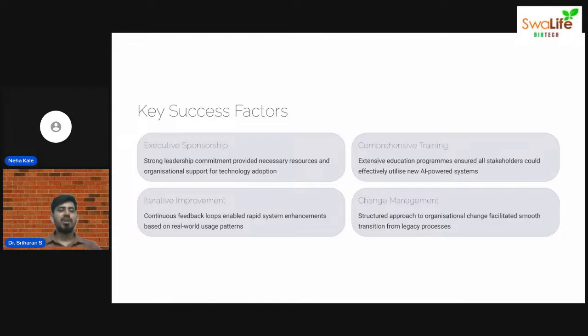And iterative improvement is nothing but refining again and again. We refine, get feedback from the expert committee, and change according to their feedback. Likewise, iterative improvement is very important. Change management is nothing but operational changes, SOP. Likewise,